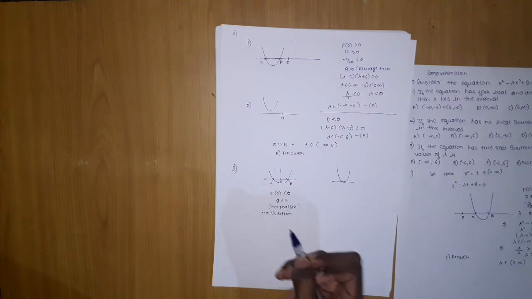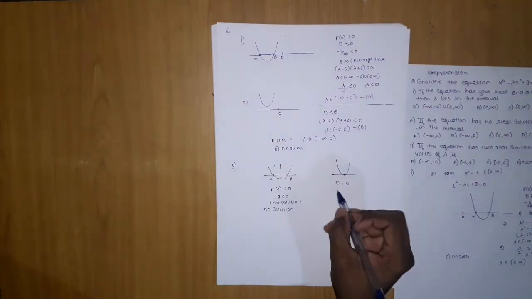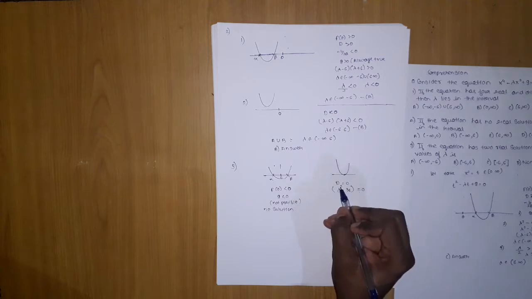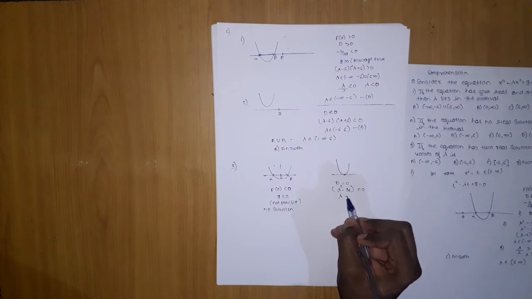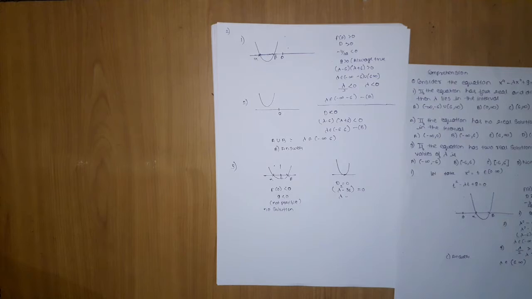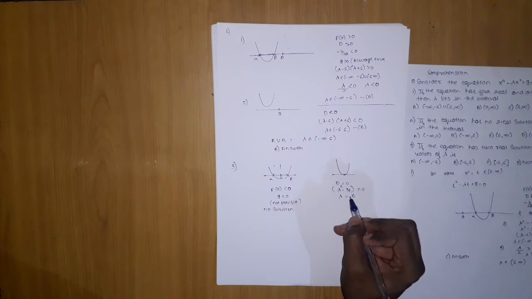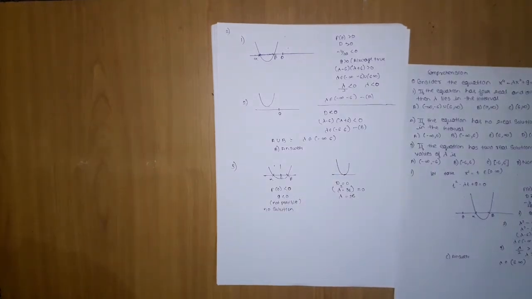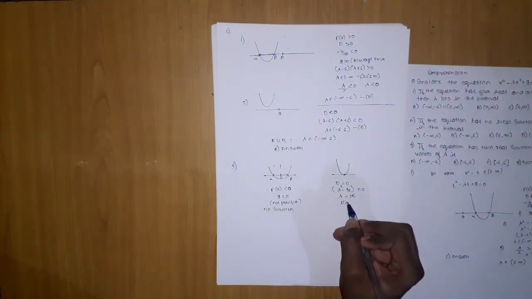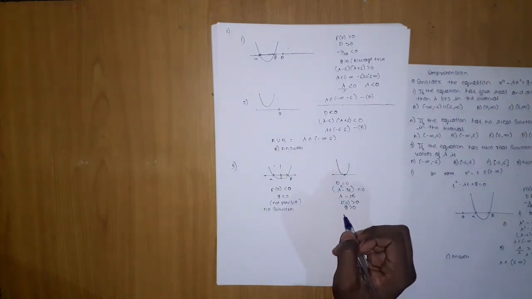Moving on further, D should be equal to 0 from this, and we get lambda squared minus 36. We are not going to calculate it again and again. So lambda we are getting plus minus 6. Now f of 0 should be greater than 0. This is the 9 should be greater than 0.